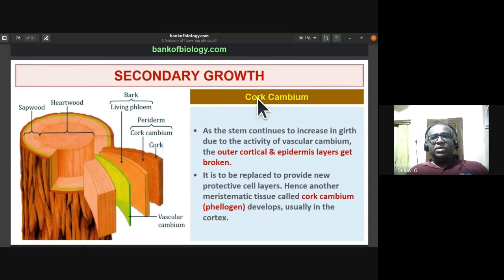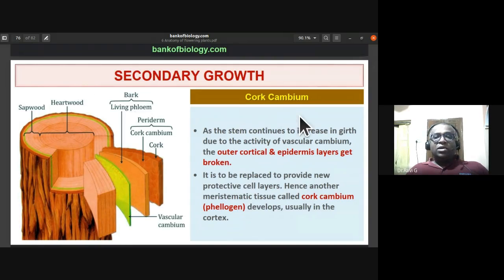Now, the secondary growth in case of cork cambium. I told you that one secondary growth is within the stele. We called it stelar secondary growth. Now, extrastelar secondary growth is the secondary growth in the cortex also. It is not just the secondary growth within the stele, which involves the formation of secondary xylem, secondary phloem, secondary medullary rays, but there is also secondary growth in the cortical region.